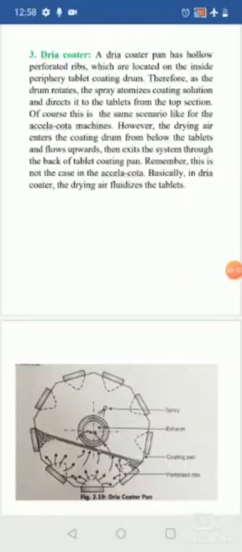Okay, so when coming to the axial coater, there will be perforations, and you are going to insert the air from the top, and the exhaust air is going to be removed through the perforations. So here it contains perforated ribs in a circular form. You are going to insert the hot air through those ribs, and after drying, the exhaust air is also going to be removed through the perforated ribs.